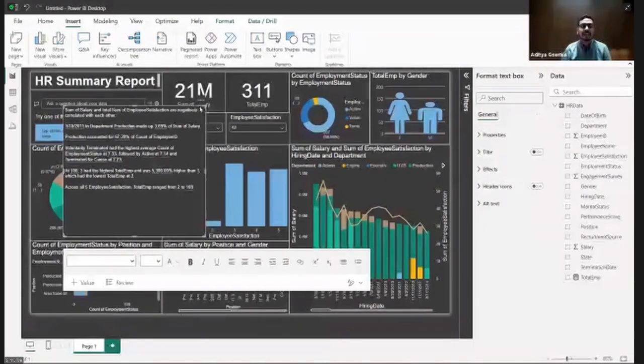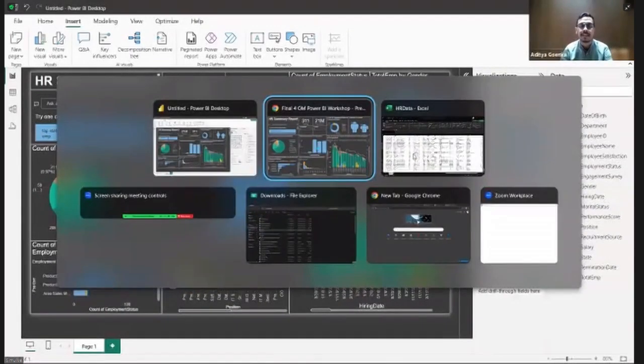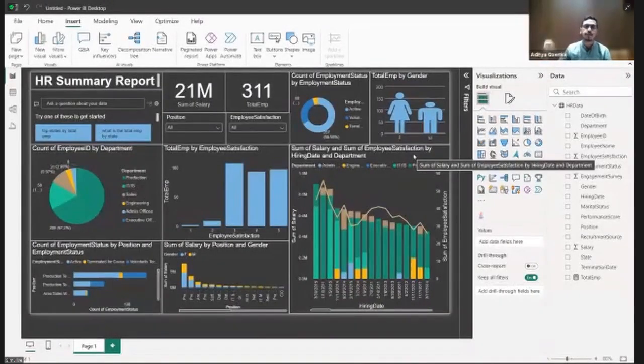Done. Super. So guys, so far we have been able to create this entire dashboard. We have learned how to modify these sort of columns. We have learned a couple of AI features inside Power BI as well. But I have a lot more to teach you. Before I go further and teach you more and more about it, it is very important for us to summarize everything that we have done so far. How many of you agree that summarizing everything that we have done so far is very important before we continue ahead with the session? Otherwise, we will lose track of the session, right? So let's go ahead and simply summarize.